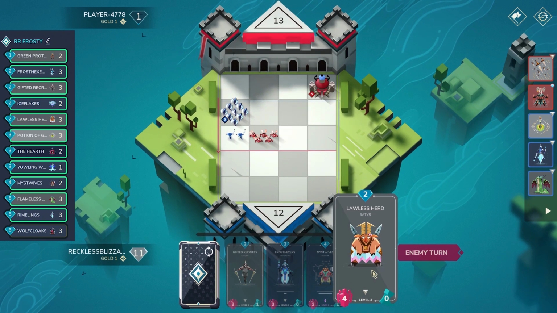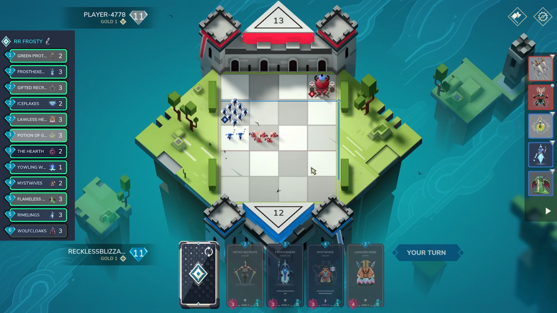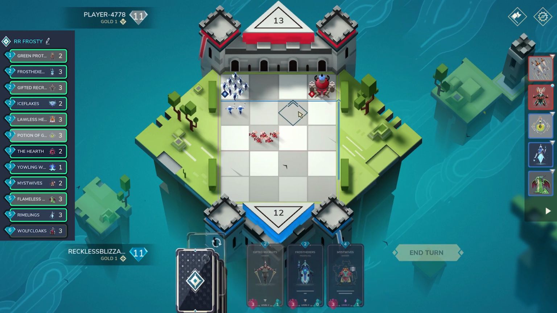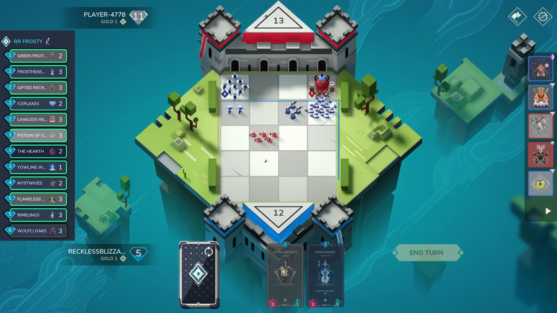We have a Lawless Herd, Mistwives into that, Gifted Recruits, we can even freeze. Wow, I think we just win here, guys. I think this is it. This is the last turn. We're gonna go ahead and do this like pretty fast. There's really no reason to hesitate. If I play really fast, this is all